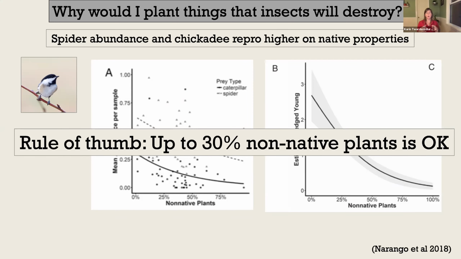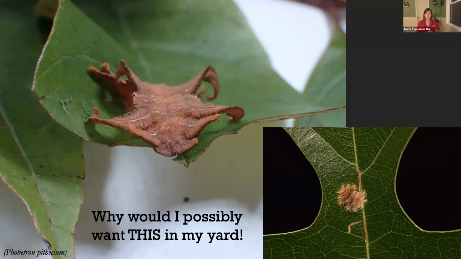So remember, all of this is kind of dependent on plant biomass. So if you want to keep your prized azalea or some other species on the landscape that you really love, that's okay. Just think about also adding biomass to make sure you've got enough natives to support your insect herbivores and also prevent outbreaks on your prized azaleas.